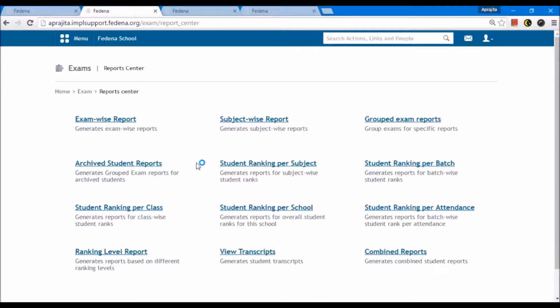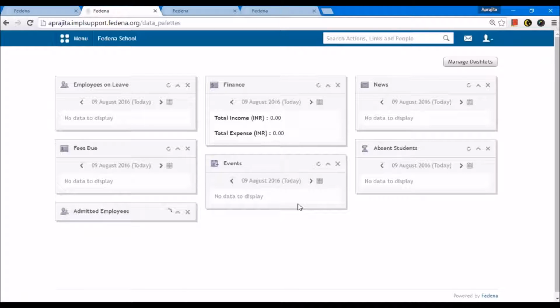So these are all the reports which are available for normal grading system. So this is how, for a normal grading system, you can first enable it from general settings, create a batch and make it to follow the normal grading system, enter students, enter subjects, associate teachers with the subjects, then create examinations, publish exam schedule, enter the marks as teachers or administrators, publish the result, connect the exams if that is required, and then generate the reports to see all the reports. So this is all about normal examination grading pattern.